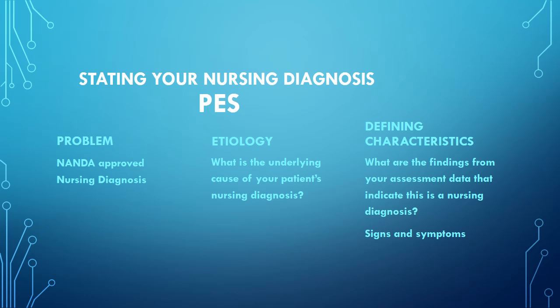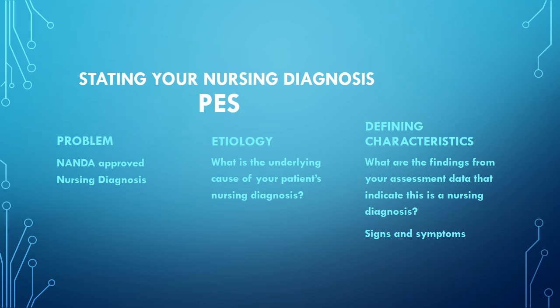Now, as you use your nursing diagnosis handbook, you will see that Doenges et al. identify the subjective and objective defining characteristics to look for that give evidence of your